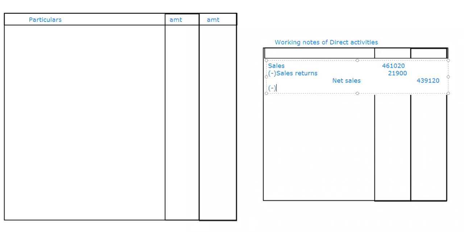Next one, from this one we should minus what? We call it a minus, or we can also call it a less. So what we have to less is the cost of goods sold. And for cost of goods sold, I said the formula very clearly. What is the formula? Opening stock plus purchases minus closing stock. This was the thing I have told you.